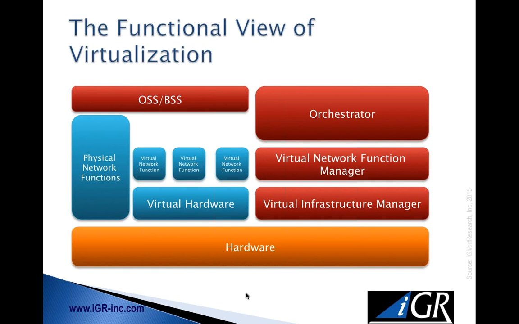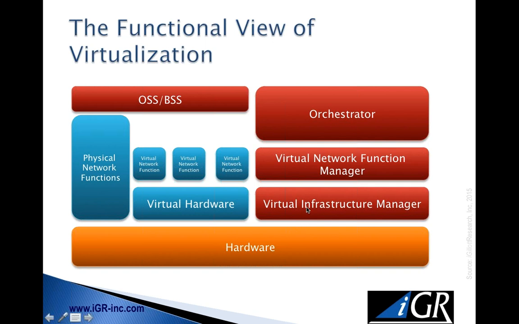So the functional view of virtualization here looks like a nice colorful chart, obviously, but for those of you not familiar with mobile networks, but who know about virtualization, you're going to look at this and go, well, hang on a minute, this looks exactly like what I see in an enterprise IT shop, and that's the point. So the hardware on the bottom here could be our routing function, our SDN, PDN gateway equivalent. It could be the radio access network down here, the radio itself on the tower.